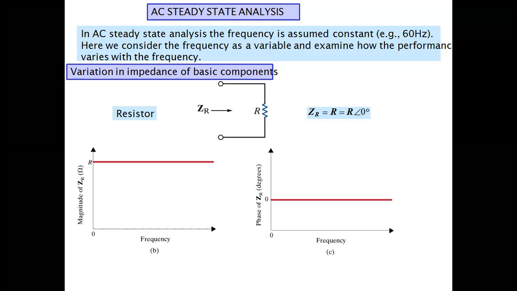Then we have seen the interconnection of these parameters, and how to change these parameters into other parameters. Meaning, if we have the Z parameter, how can we convert it into the Y parameter, into the ABCD, and the inverse ABCD parameter. So in today's session, we have to see the AC steady state analysis.